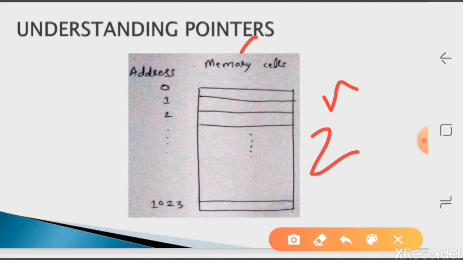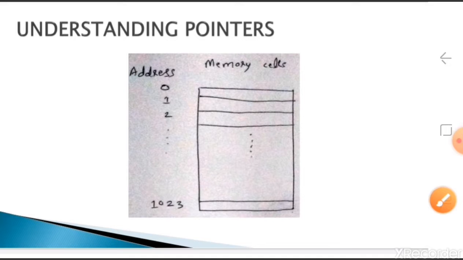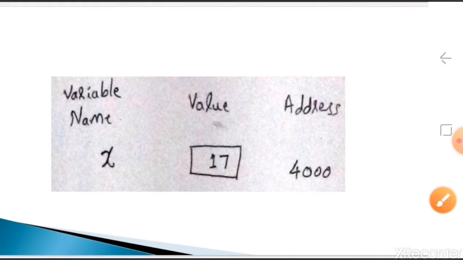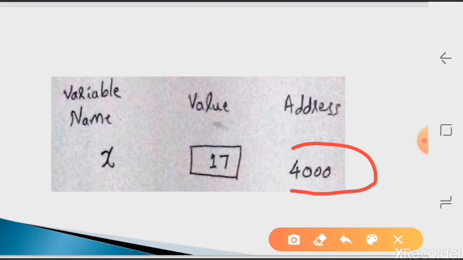It always starts from 0 to 2 raised to n minus 1. This range is always positive, 0 onwards, whole numbers. It is nothing but one integer number.